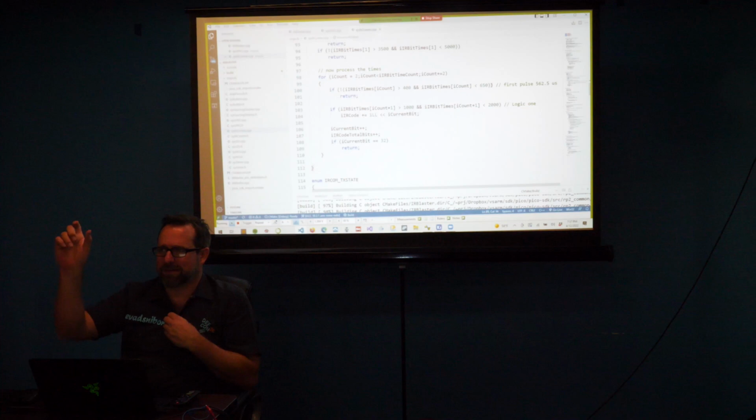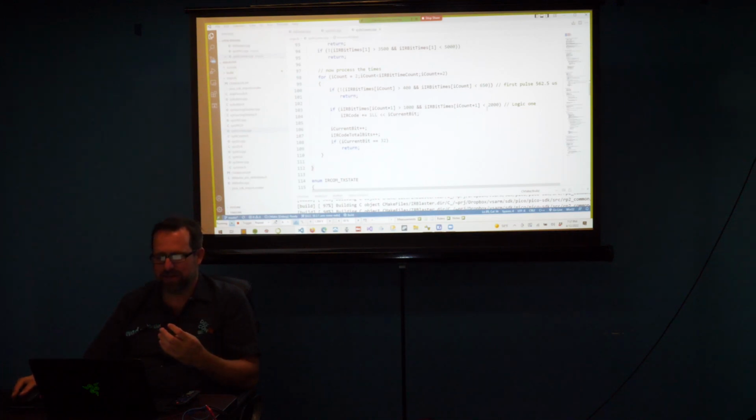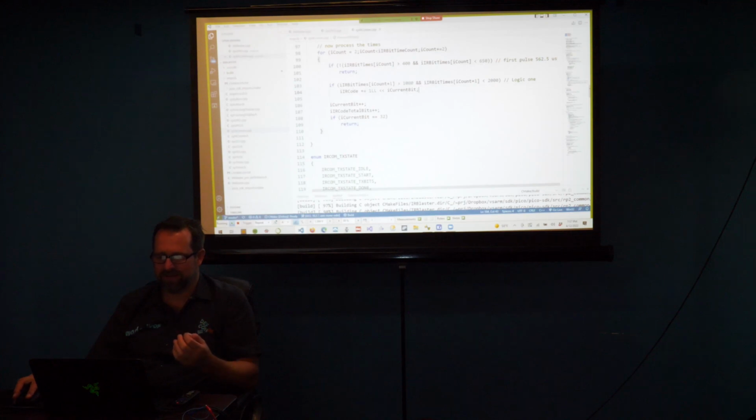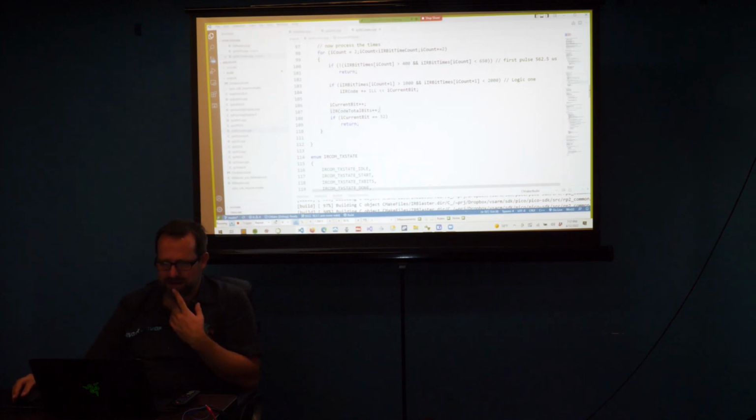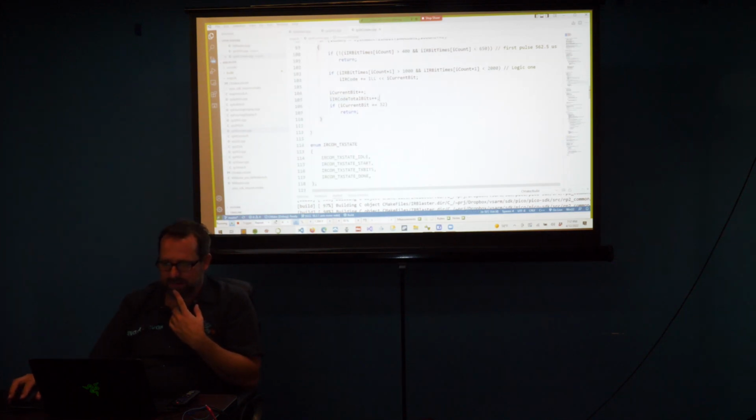Because it always expects a short pulse to start the bit. And then the differentiator between a 1 and a 0 is the length of the second bit. So the second measurement here, is the second bit long? That means it's a 1. And if it is, I shift that into the IR code. And so for every bit, it'll just be shifting into that IR code bit. Once it hits 32,